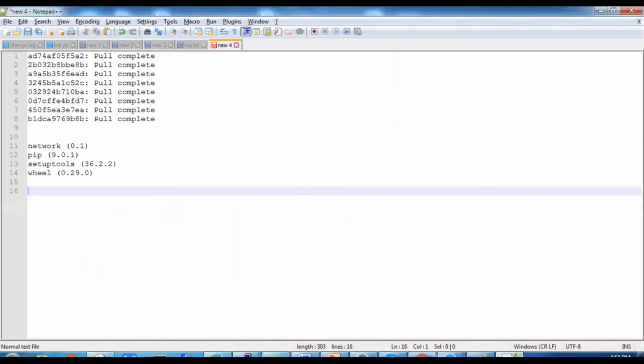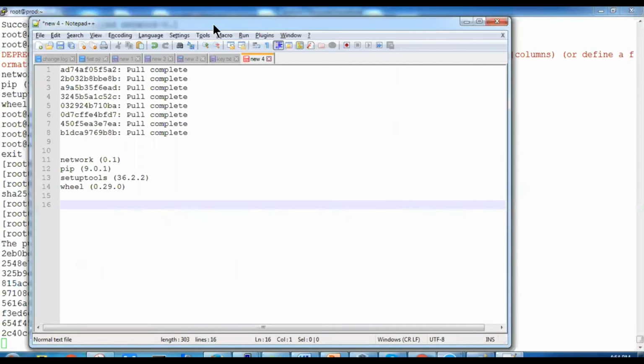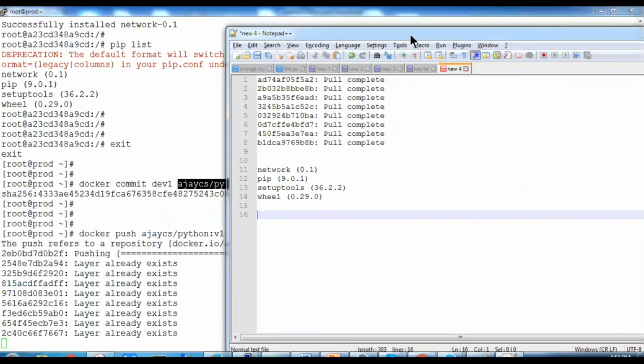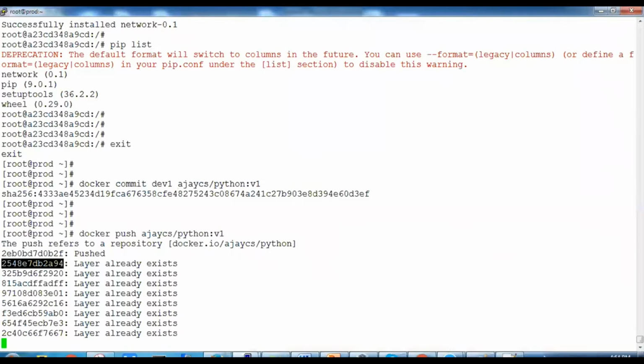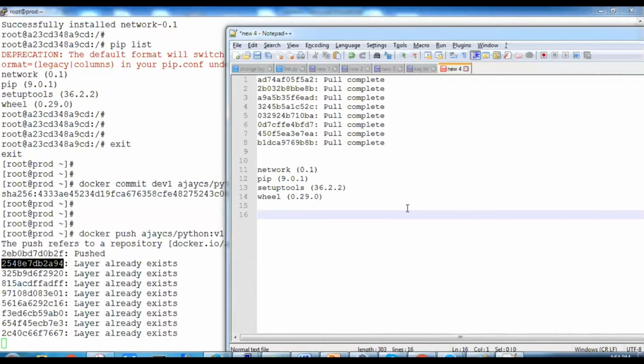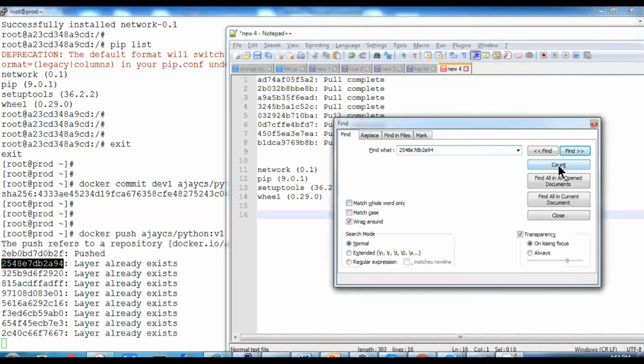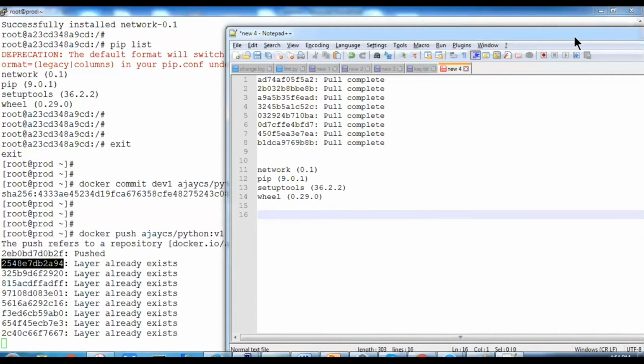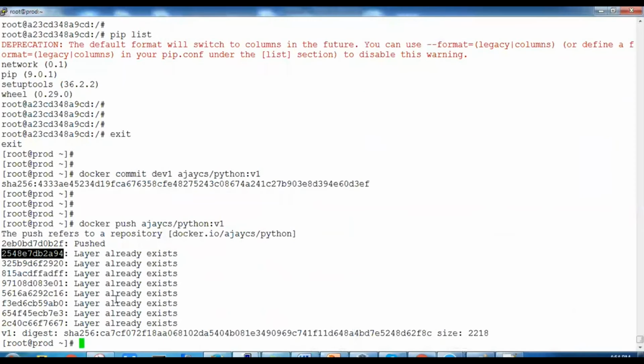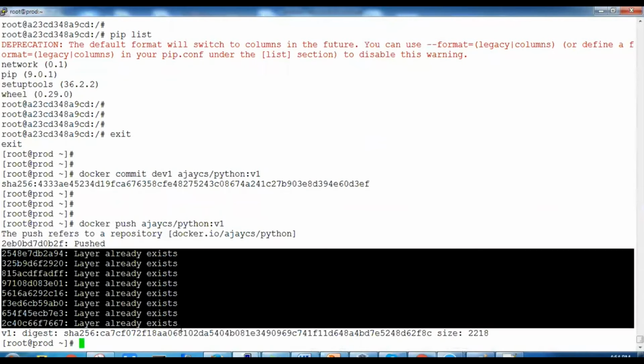We can check that while pushing this image, it's using a different ID. If we take any ID of this and compare here, we'll say find. You cannot find it because this we downloaded from the official image of Docker Hub, and this is a local repository which we have pushed.